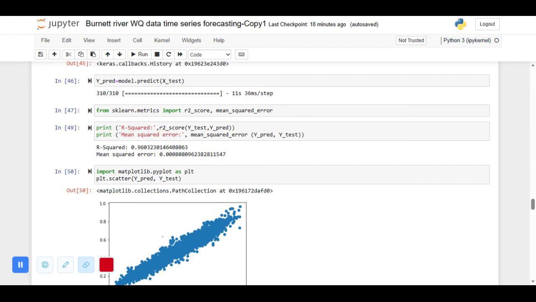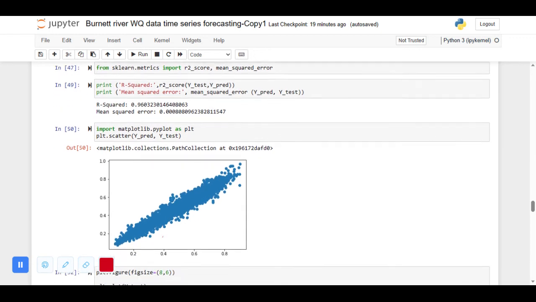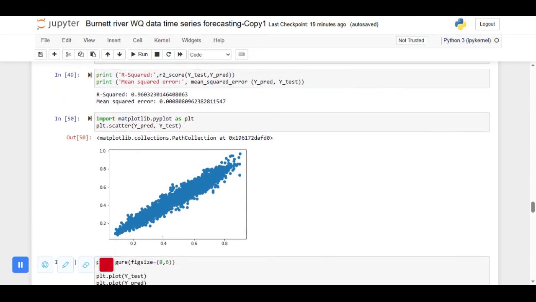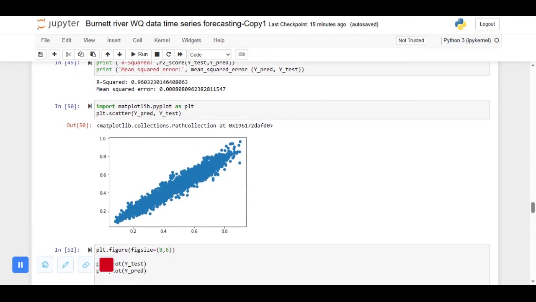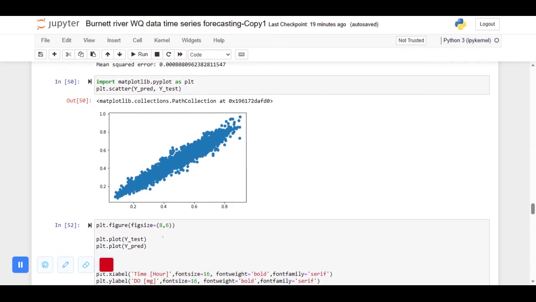Okay, so if we want to get the actual mean square error, we can do a reverse normalization, which will give us the actual values, and then we can find the actual mean square error. So this is a scatter plot of y pred and y test. As you can see, the data has totally fitted in a diagonal line. It is not spread a lot around the line, but it is very close to the line,